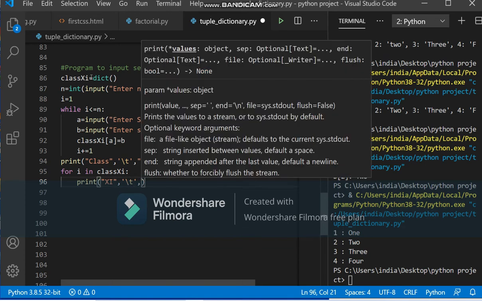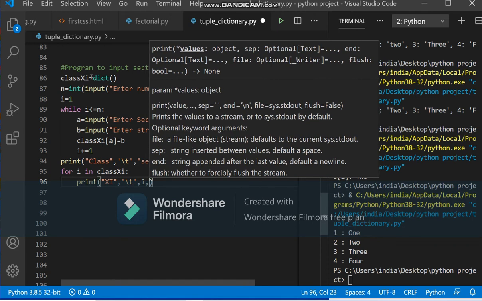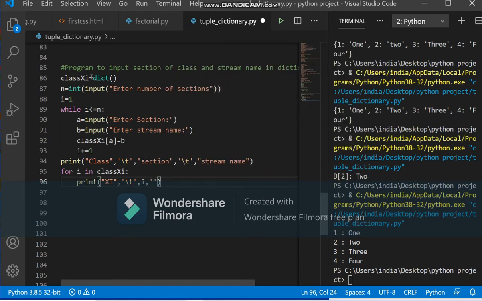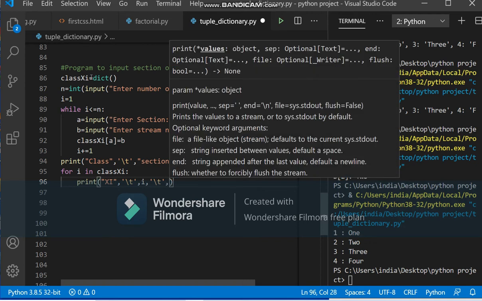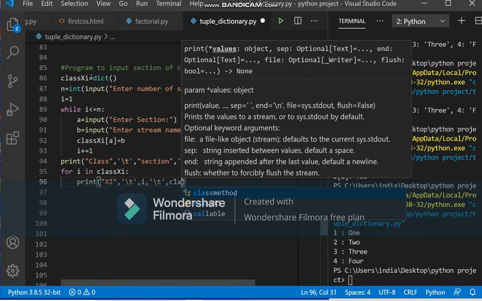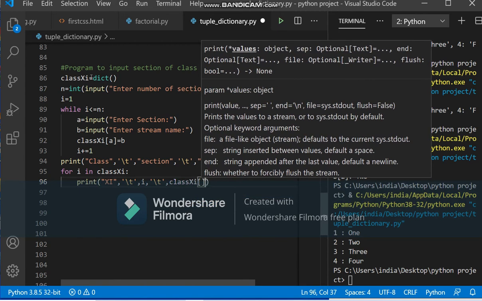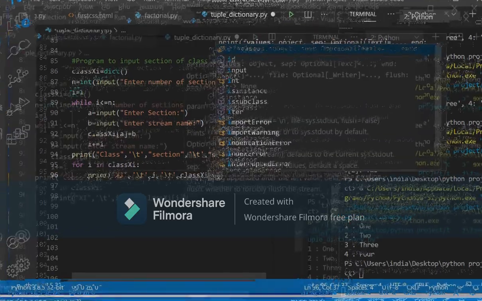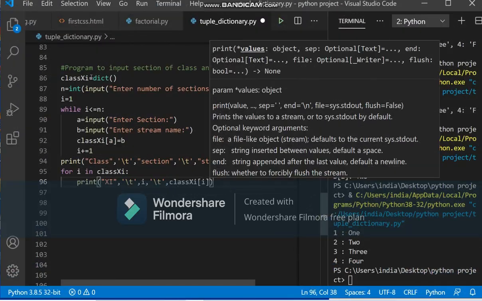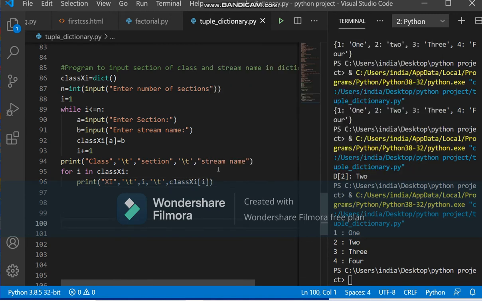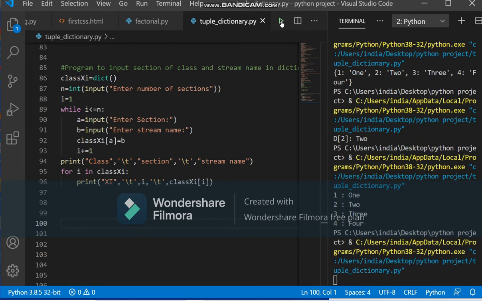So 11th, then the section entered by user, and I is the key, class 11th within bracket I. This is the value. Now just try and execute this. Save first before you execute your program.